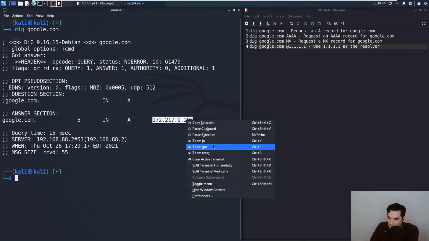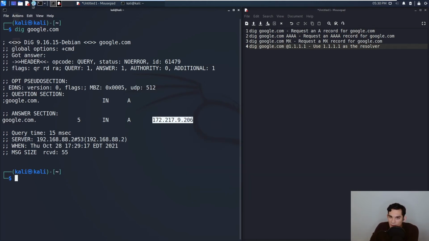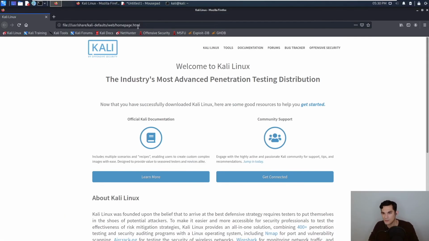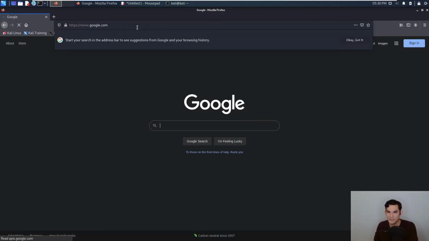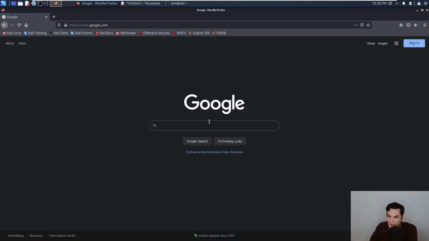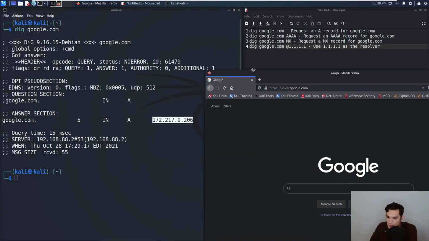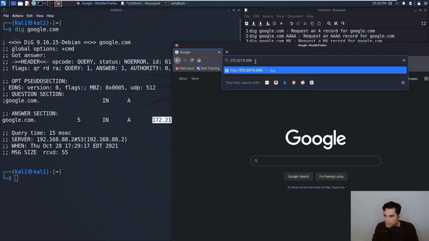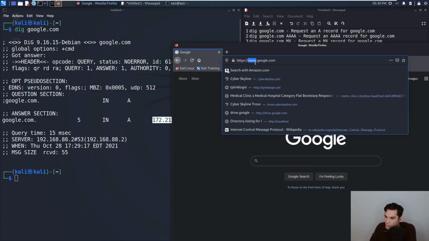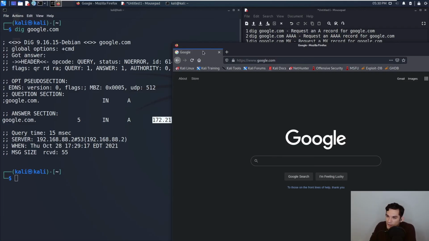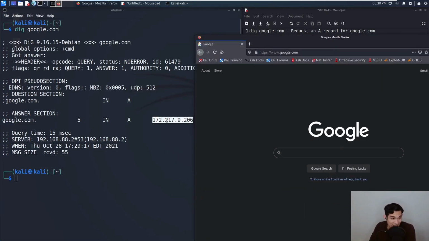If I copy this and type it into my browser, you can see that I went to Google. I think they redirected me so that it would say google.com instead of the IP address, but you can confirm that this is indeed the IP address of Google.